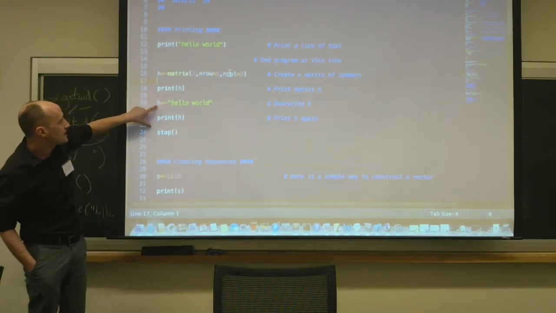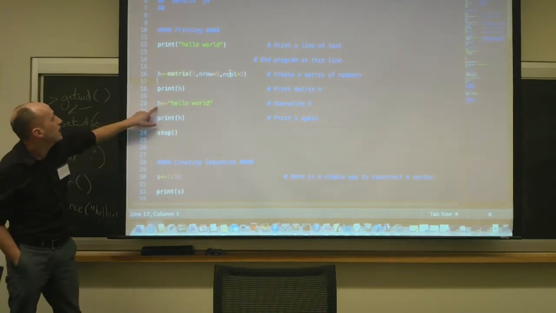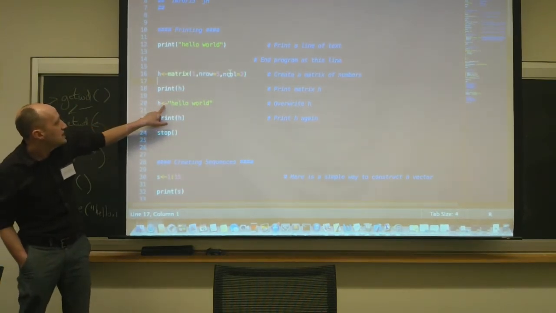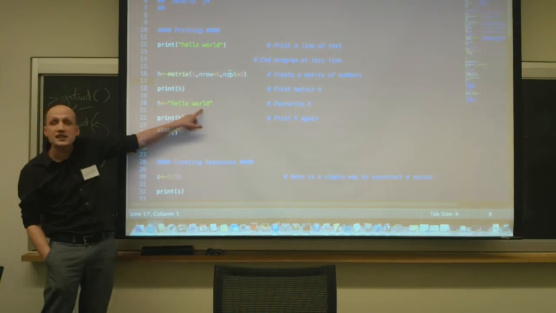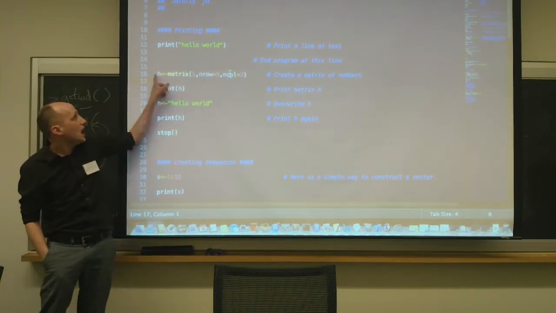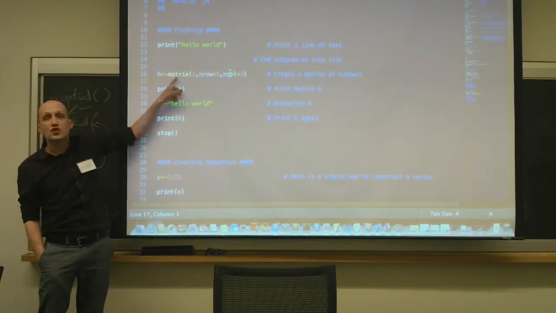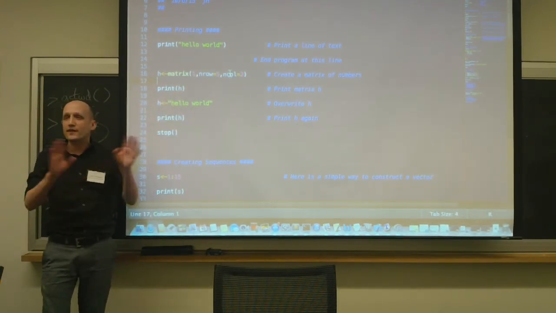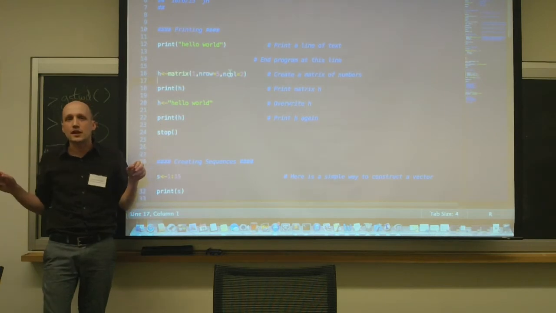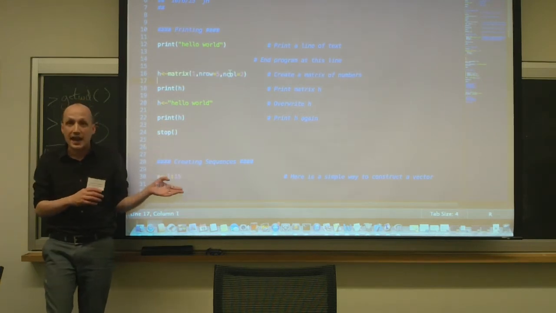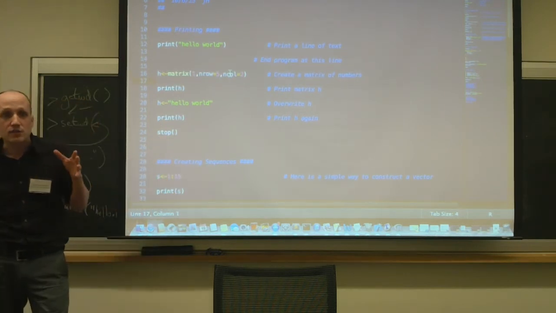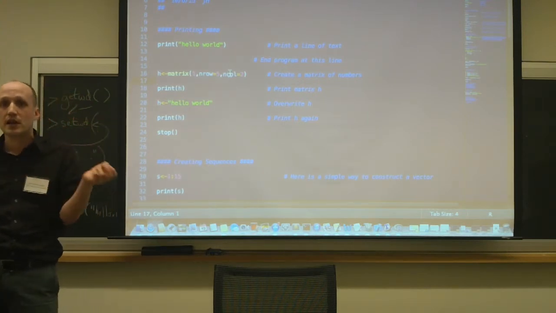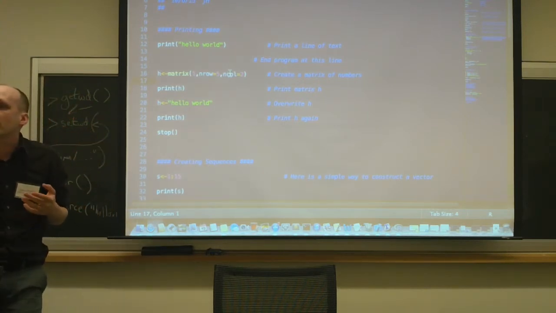Then on my next line, I'm going to do the following. I'm going to say, H is assigned to be hello world. So here is an example of loose typing in R. I just constructed a thing called H that had type matrix. And then 2 lines later, I said, oh wait, forget that. It's not a matrix anymore, now it's a string. And it just had its type recast, as we'd say in CS. It's been changed from a type matrix to a type string. R doesn't care at all.